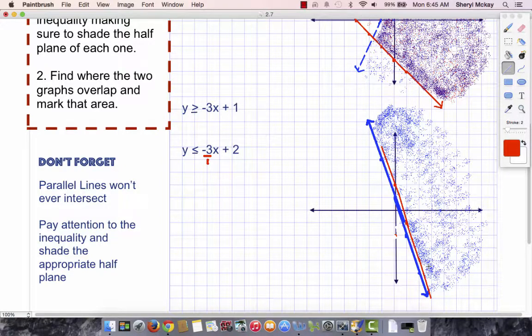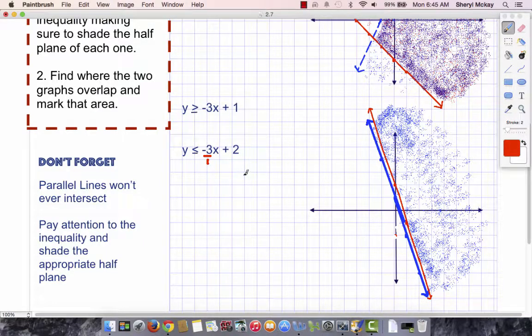Okay, so these two lines have the exact same slope, which means that they are actually parallel lines. So that means the boundary of my blue is parallel to the boundary of my red. They look like they're almost the same line, but they're not. They're just a little bit apart from each other, and they should be parallel. It's just my drawing is terrible. So let's go ahead and finish